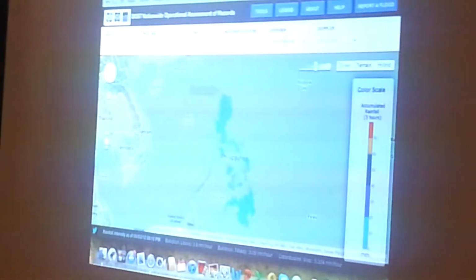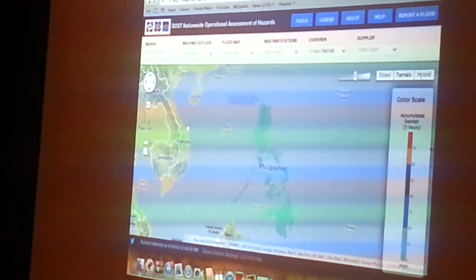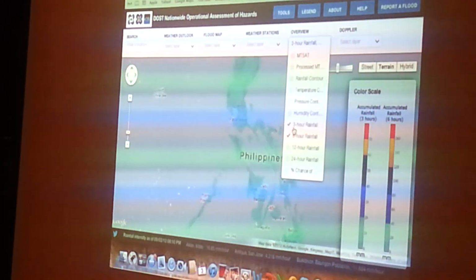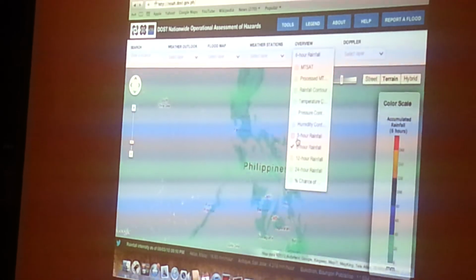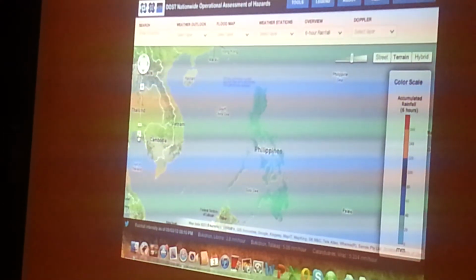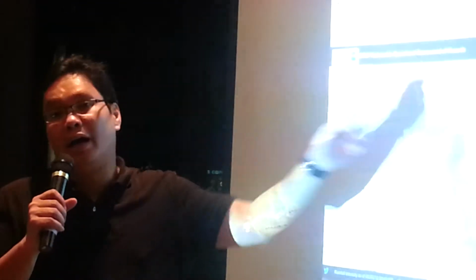Ito po yun. So if you really want to find out what happened anywhere in the Philippines, the amount of rainfall, it's called cumulative amount of rainfall, you see that, okay, there's nothing to worry about as of this time. During the Habagat times, itong contour facility na to, maraming mga areas dito talagang namumula yung dilaw. So just one glance, just one look at it, you would know already which places are having